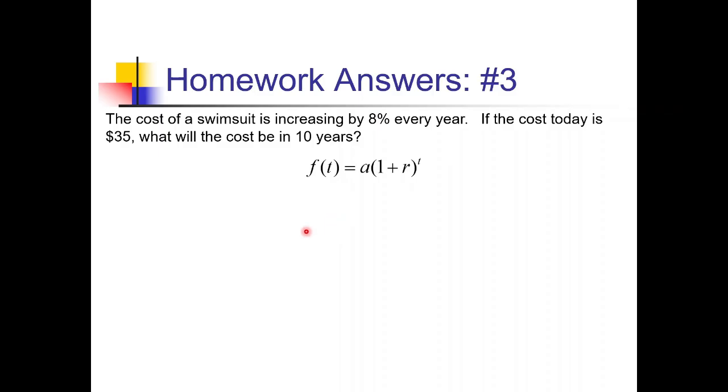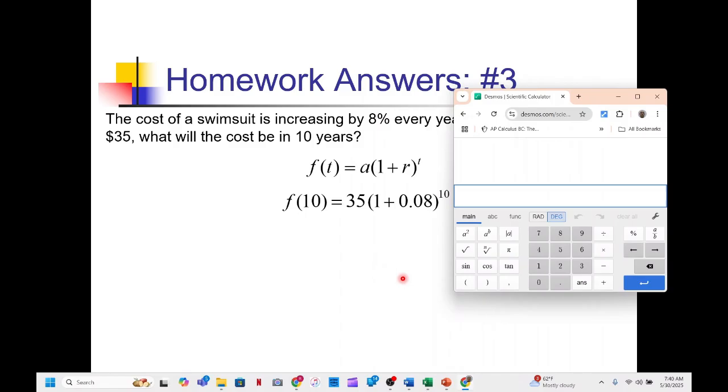Now if we want to know the cost in 10 years, we have to plug 10 into this function when we've assembled it. So f of 10 equals, the a value is our starting value. We started at $35. The r value is our percent increase here, so we've got 1 plus 0.08 if we turn that into a decimal. And again, since we're plugging in 10, this t value is going to be 10. So let's evaluate this on Desmos to figure out the cost of a swimsuit. We've got 35 times 1 plus 0.08, raise that to the 10th power,